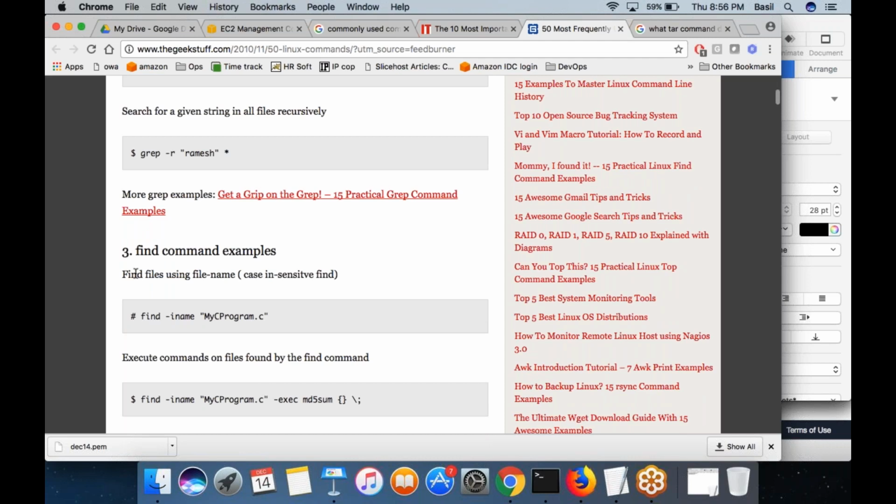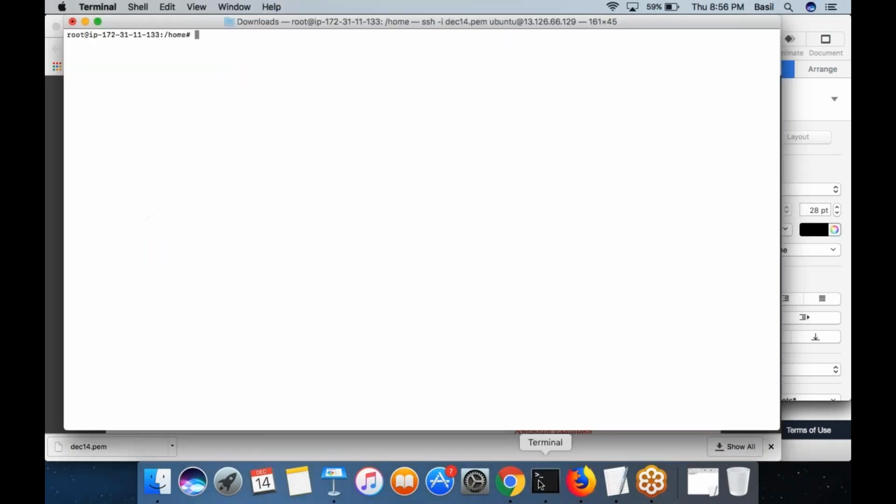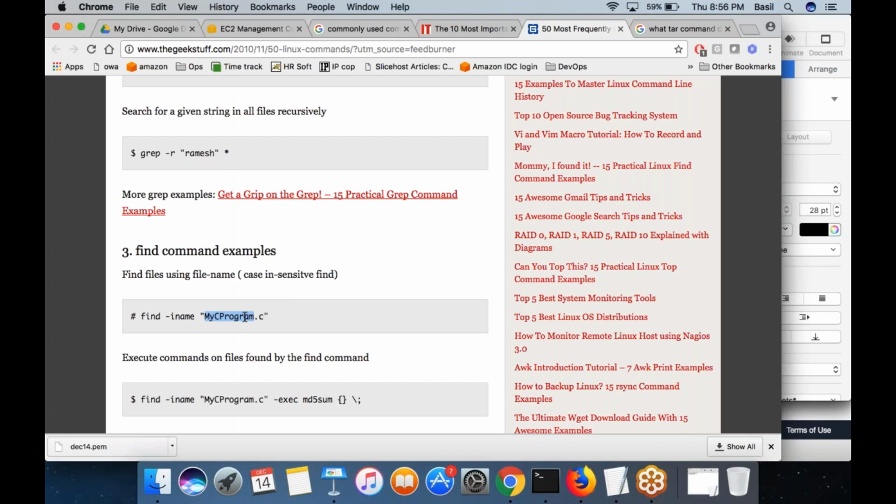Find command example: find files using file name. This is one command used in Linux for locating a file. For example, I am inside the home folder and I want to find out whether there is a file called myprogram.c inside home.